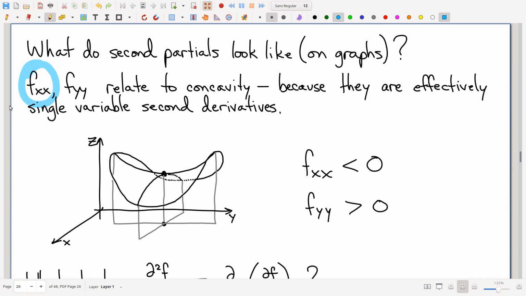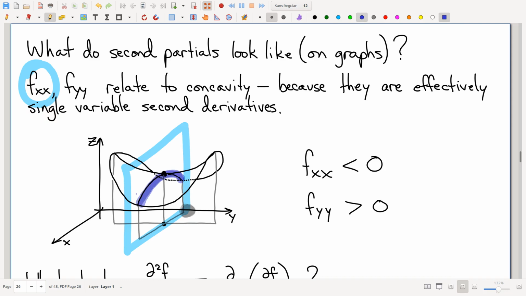And I will make the observation that if you are interested in f_xx, that means you're treating x as a variable, which means you're treating y as a constant. And good news, you're treating y as a constant for both of the partials that you're going to be computing here. So really, when you take f_xx, you are going to just hold y constant. You are then going to look at the cross-section in the x direction. That cross-section will be a curve,